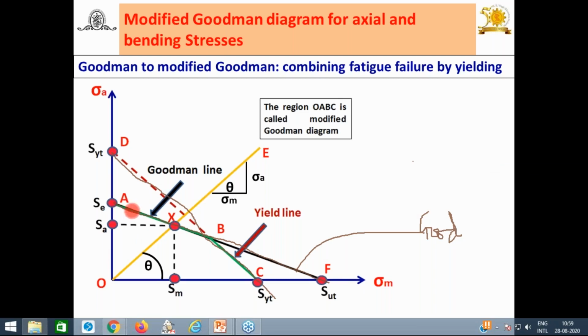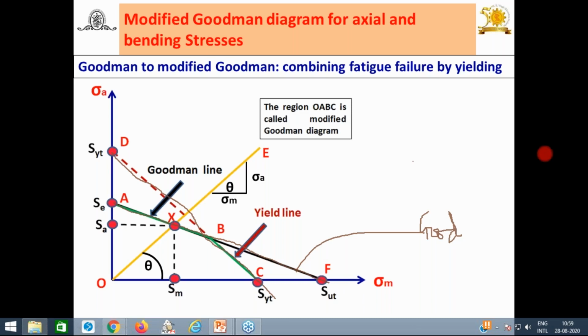Now here, if I am going to consider this line, you will find, look at this triangle I am showing by the cursor. The points which are coming in this triangle are outside the yield point, or no need to look at this SE up to SET. This is the Goodman diagram. But what is happening? Sometimes a component may fail before the yield point. How to consider these points of the fluctuating failure or fatigue failure? For that purpose, this Goodman line is modified to take into account the yield failure.